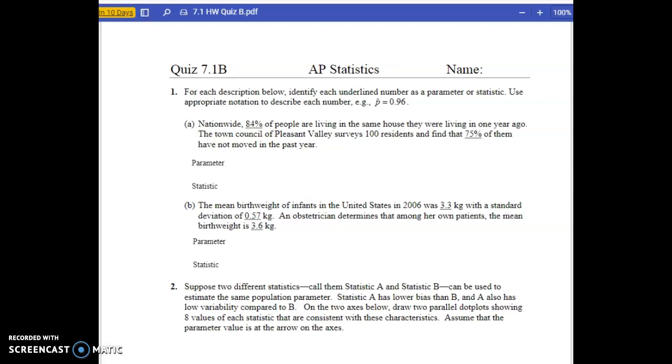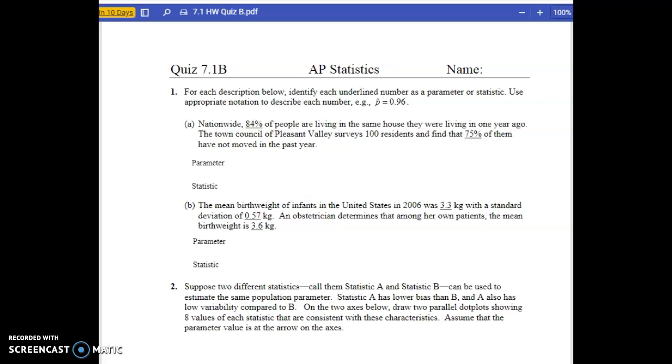Hey everyone, I just want to talk a little bit more about 7.1. I know I posted the AP Stat Guide video, which is a great intro, but I figured I would complete the homework quiz myself and just post it for you guys to look at because it's a good overview of 7.1. And 7.1 is an intro to sampling distributions, and we talked about that first semester,